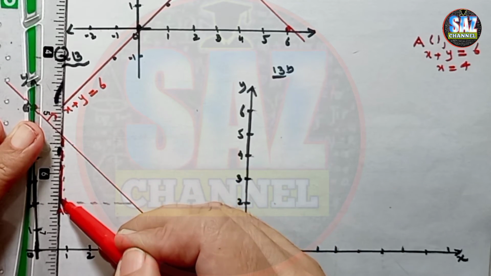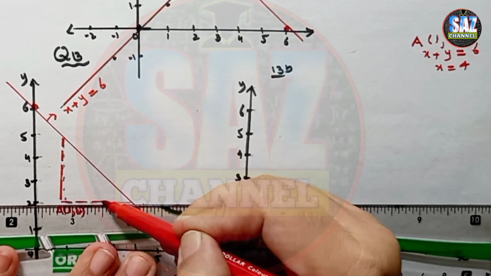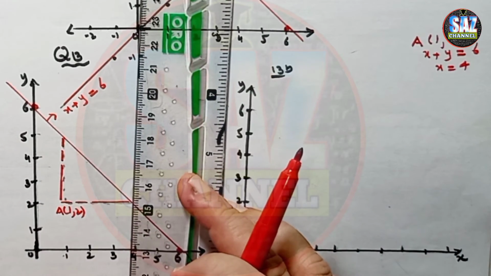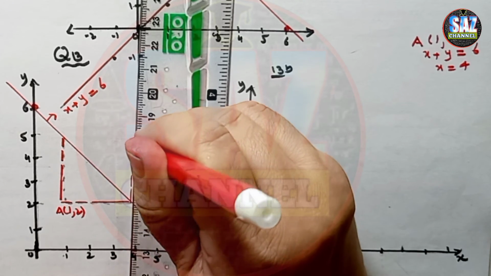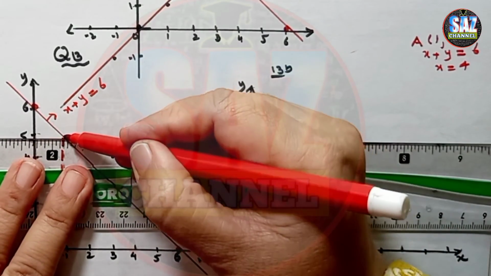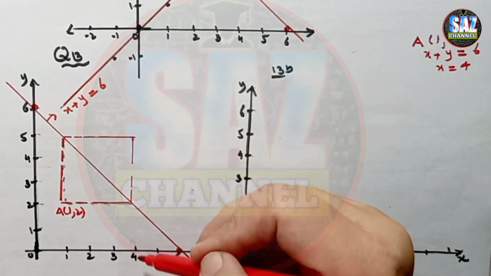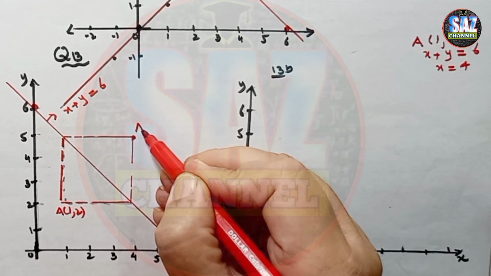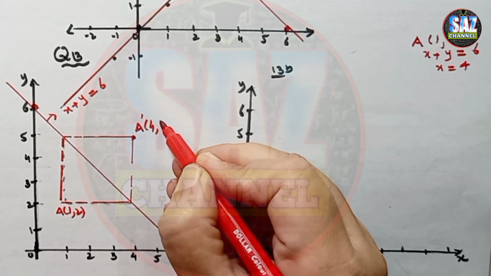Let me make it a little dark for you. And this is the half side of the right triangle. I have to complete the other half of the triangle on the other side of the mirror line, and at the point of intersection of these two lines, we will have the image of this point in the line x plus y is equal to 6, and this is coming at 4 and 5. So the image of A, 1 and 2, is 4 and 5.